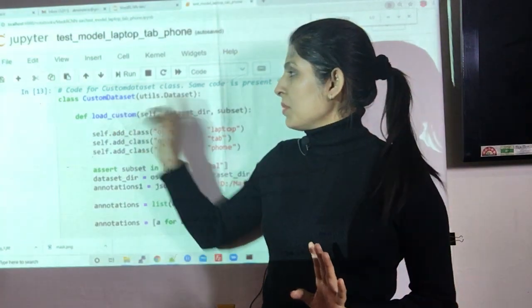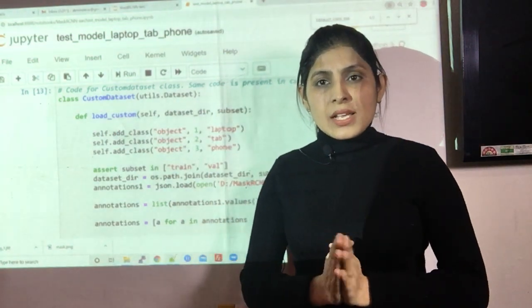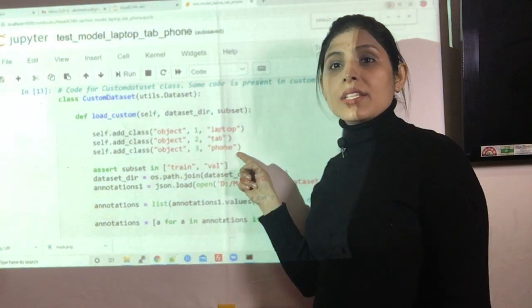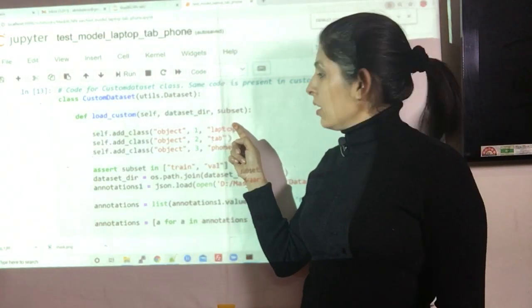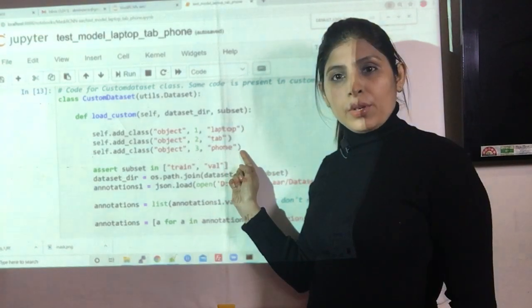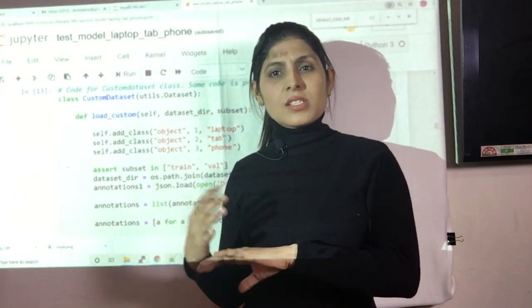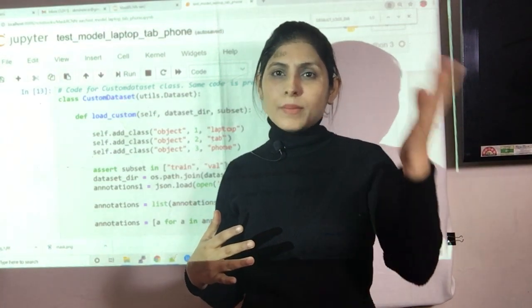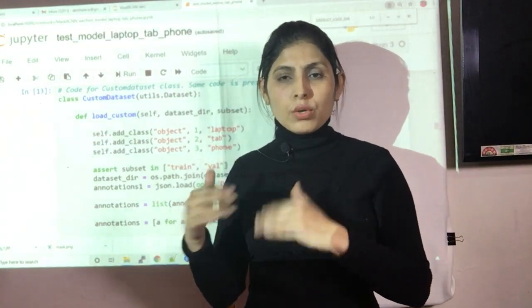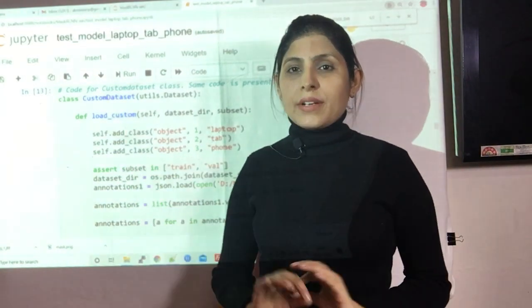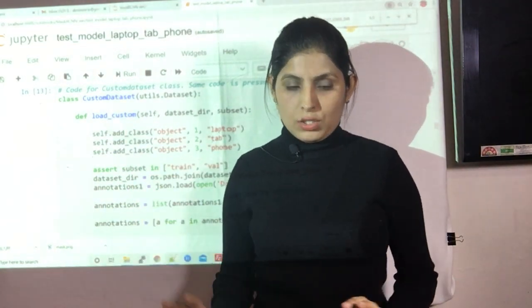For example, these 3 lines are responsible for adding the objects: laptop, tab and phone. I'm not going to explain this class again because I have already explained the code in my previous video. You can check it there if you want to go through it again. We are calling it here also.